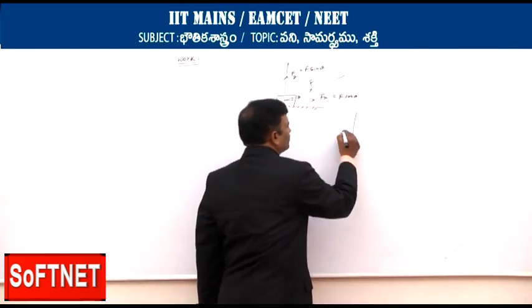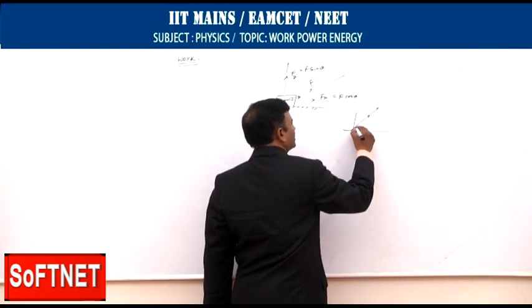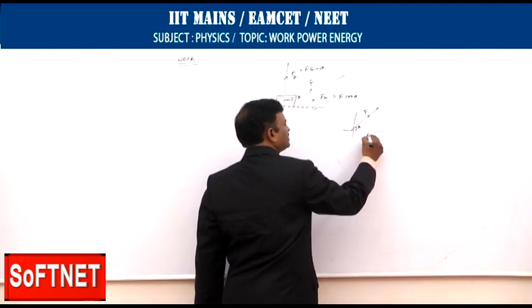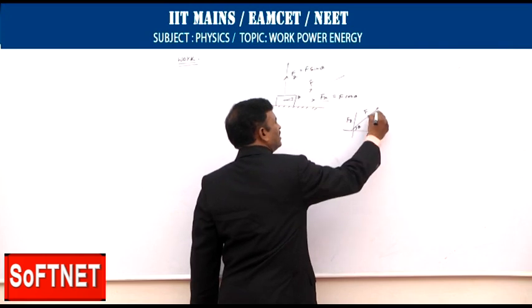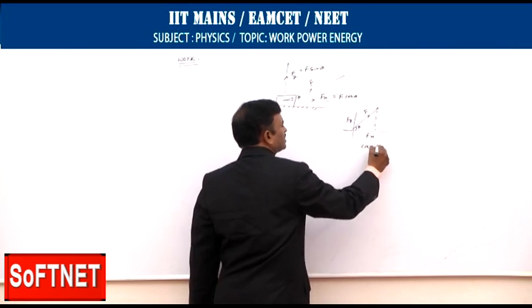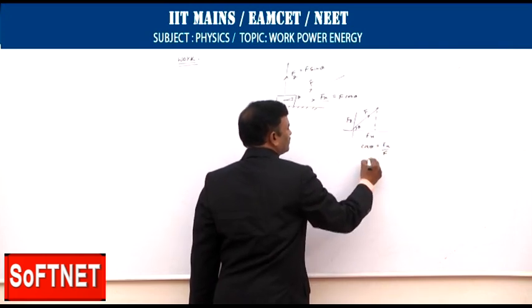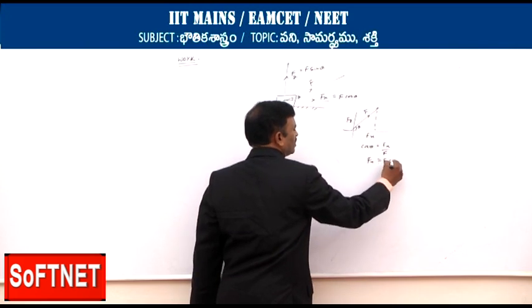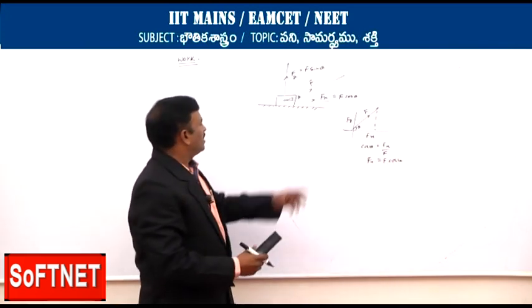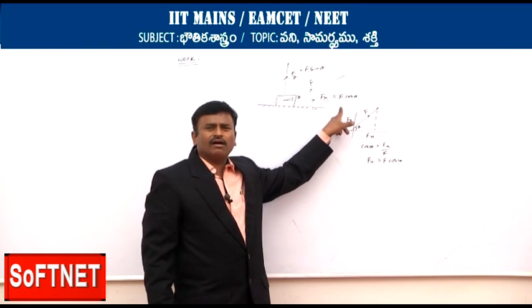What is the resolution of a vector? Splitting of a vector into rectangular components. It is F, it is Fx, it is Fy. Adjacent side: cos theta is equal to Fx by F. Similarly, Fx equals F cos theta. In that sense, I am taking F cos theta in the horizontal direction.